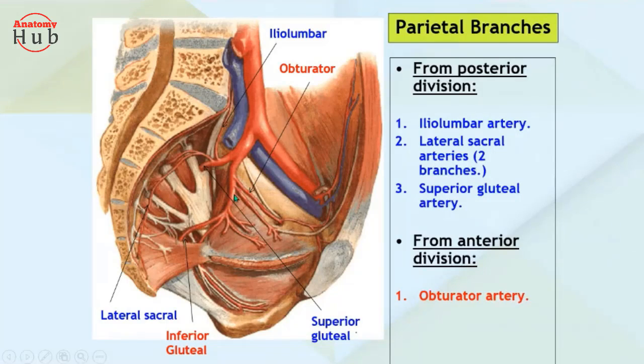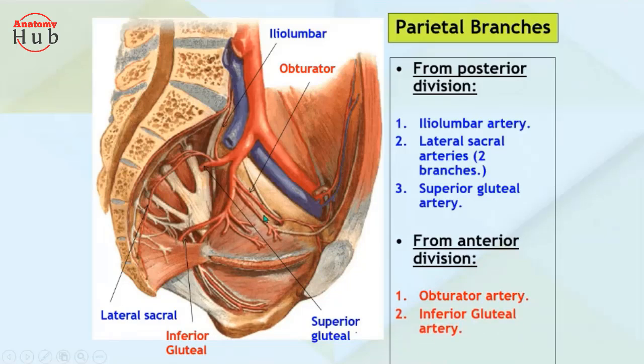You will find the obturator artery. Here you can see this is the obturator artery. It is passing through the obturator canal. I have shown you the obturator foramen that is covered by the obturator membrane, but at one point you will find a deficiency of the membrane. Okay, and that makes the canal over there, and through that canal you will see the obturator nerve and the obturator artery. So that is just going outside from this pelvic cavity to the lower limb.